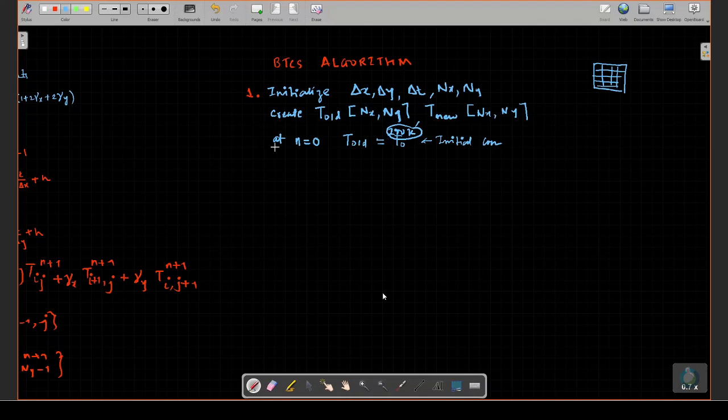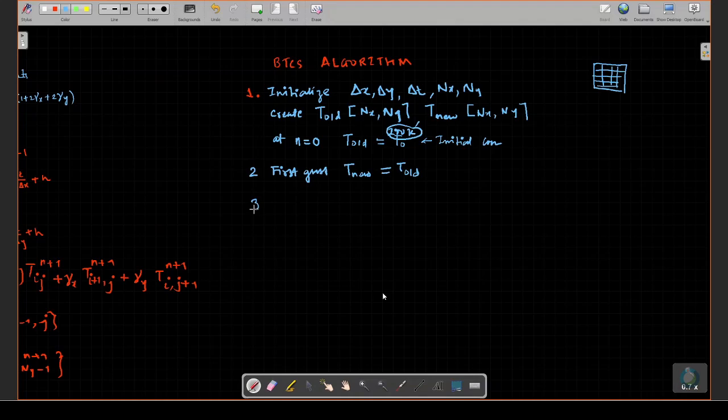So you have to initialize it, and then the second step is the first guess. You have to use a first guess for your T value, which we call T new. T new is equal to your guess value, which is T old. Let me start my guess value with the initial condition itself. This T old is already the initial condition, T naught is given. So I'll just say let me start my guess value with the initial condition. That is very logically correct. So T old is the first guess.